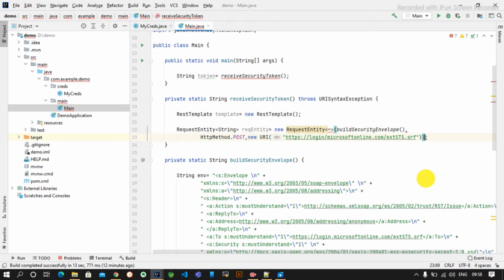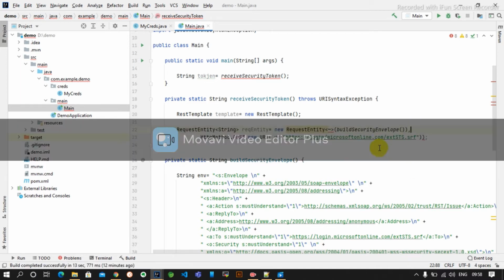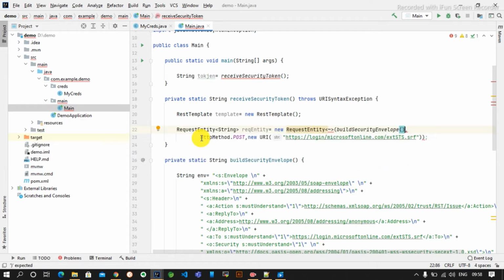So some error we are getting here, so let's fix those errors first. Build envelope, we will fix it here. Build envelope. Okay, this is one method, HTTP post.